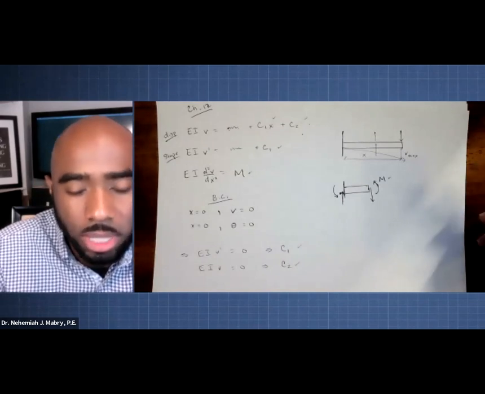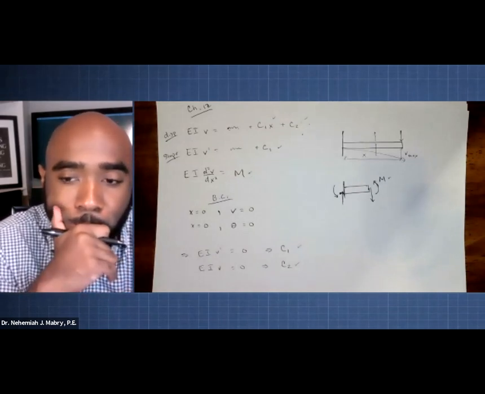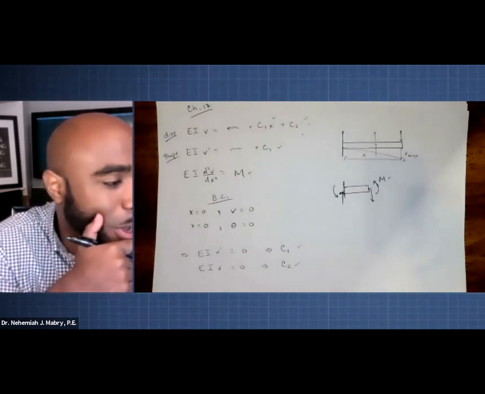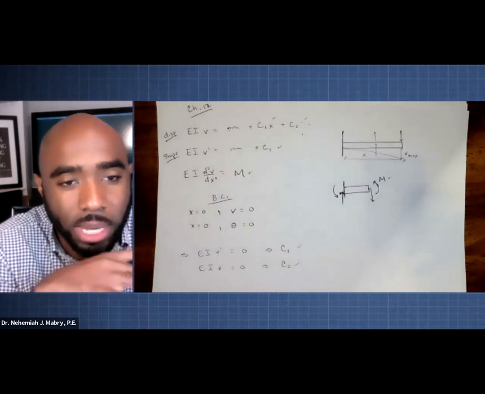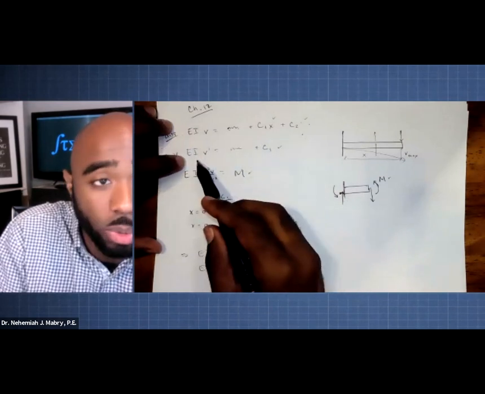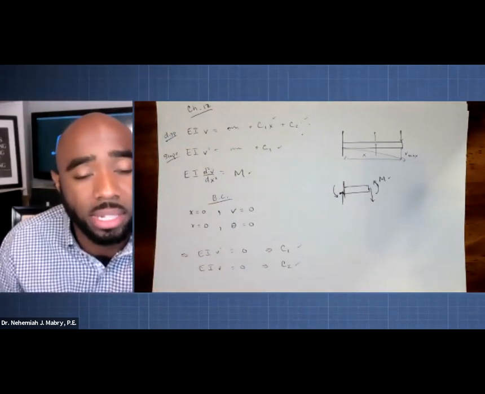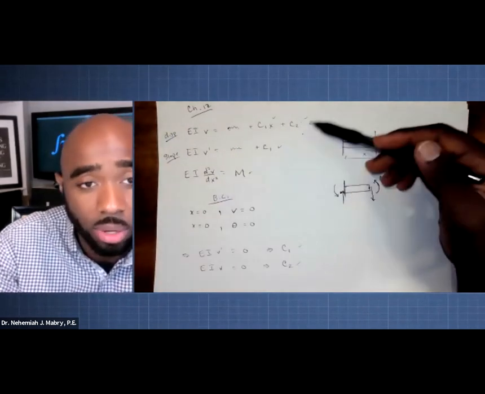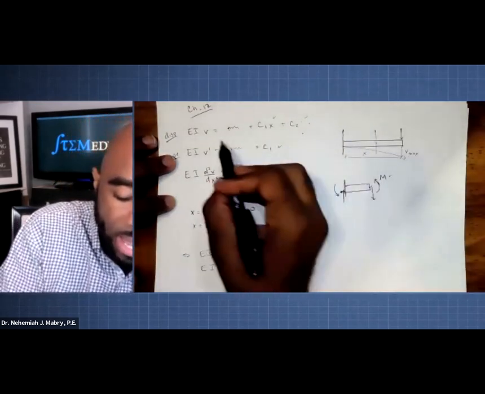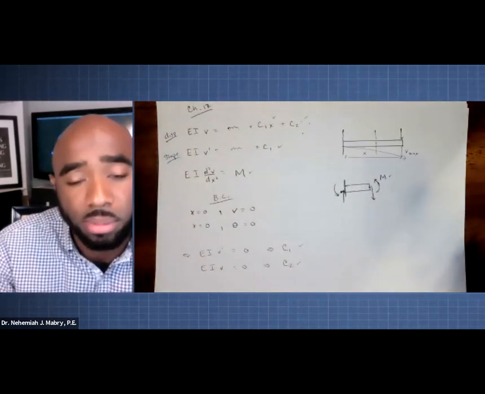This was another one of those tedious things, but any questions? I want to make sure this conceptually makes sense. All the best on this one. The last thing I want you to remember: don't forget to divide EI from both sides when you give your final answer. EI is placed on this side because it's treated as a constant, just to keep it out of the way of all the calculus that's going on at first. But when you get ready to present your final equation, make sure you have EI divided off of that side and on the other side, and simplify it as much as possible.